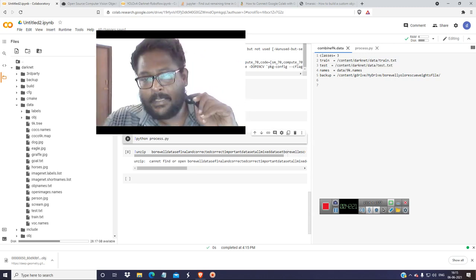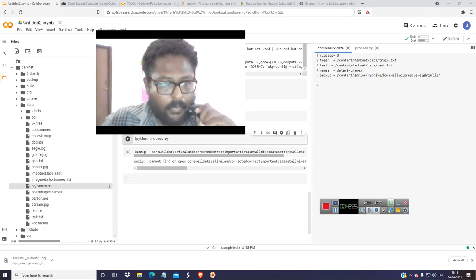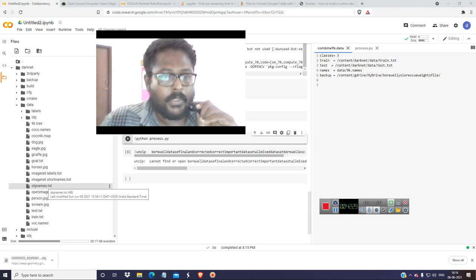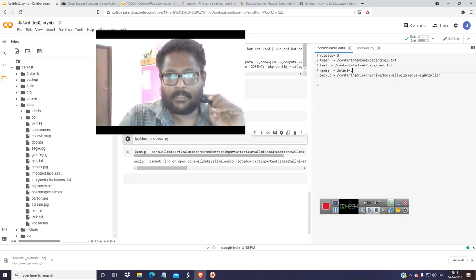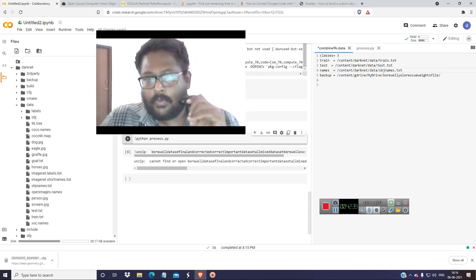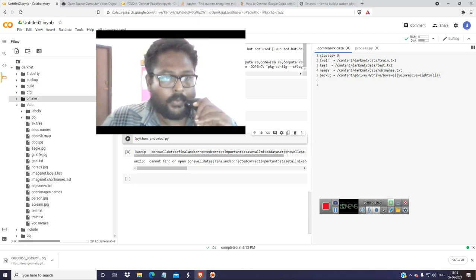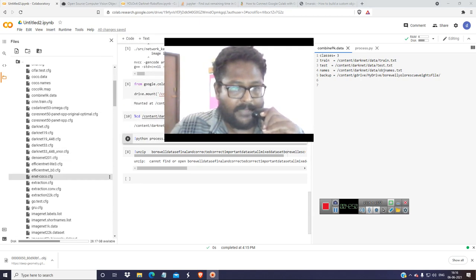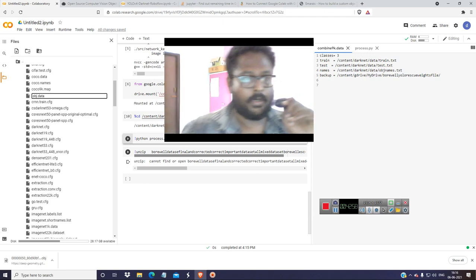Okay, so now what happens is that you have just given all these things, and now you have to go here to obj.names.txt. So you just copy this and paste it over here, the path of the obj.names. Okay, so everything is given. You have to change the combine 9k.data into obj.data and transfer it over here. So combine 9k, where are you? It is over here. So just rename it as obj.data.